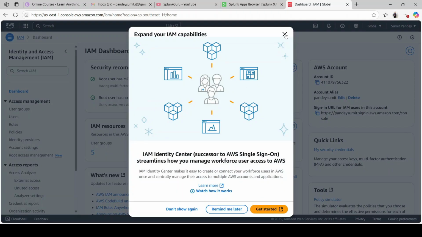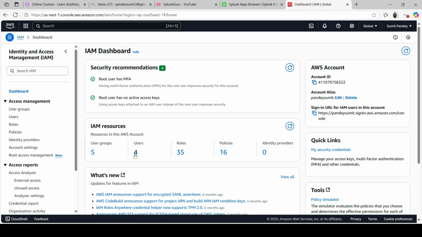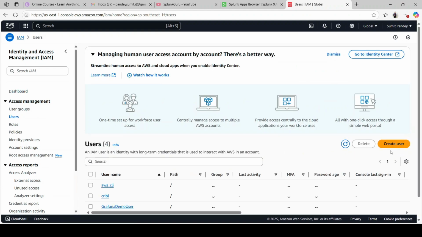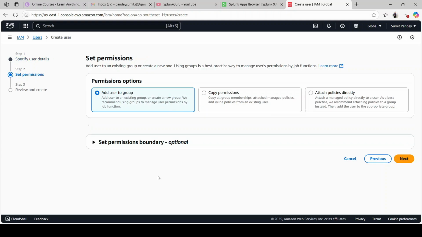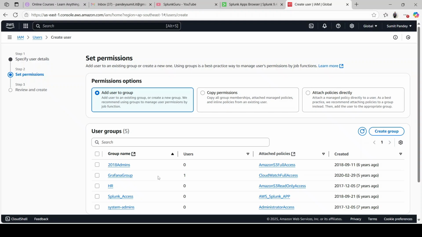So here, let's create a new account. Go to Users, create a new user. We'll give it a name like Splunk to S3 maybe. We do not need to provide console access to this account. We just need the keys. So I'm just skipping that option, and then